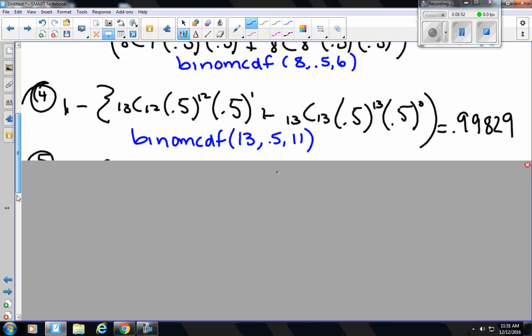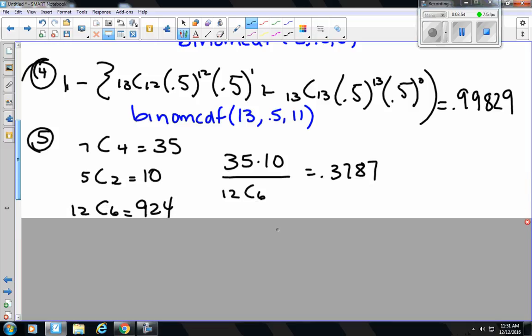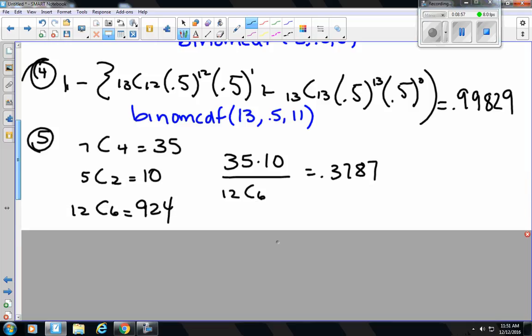Okay? All right, number 5. So I broke this down for somebody in first period to make it look a little bit different. On number 5, it says, a technician is launching fireworks near the end of a show. Of the remaining 12 fireworks, 7 are blue and 5 are red. So these would be the blue, and these would be the red. Okay, I'll explain that in just a second. And it says that if she launches 6 of them in a random